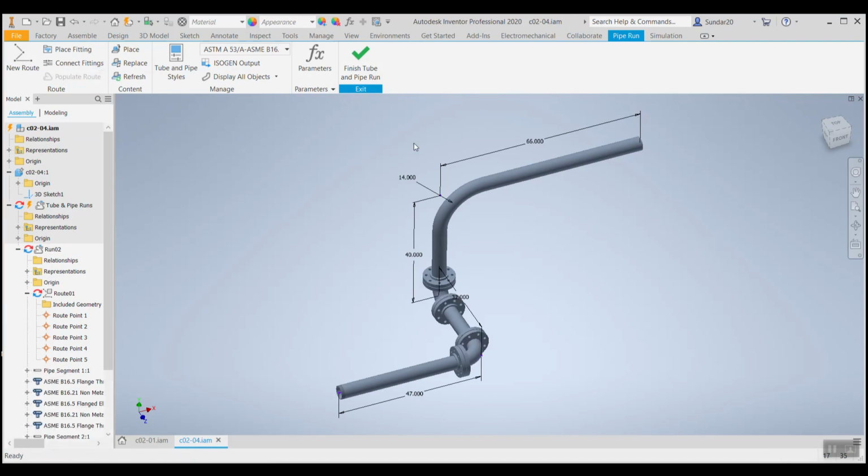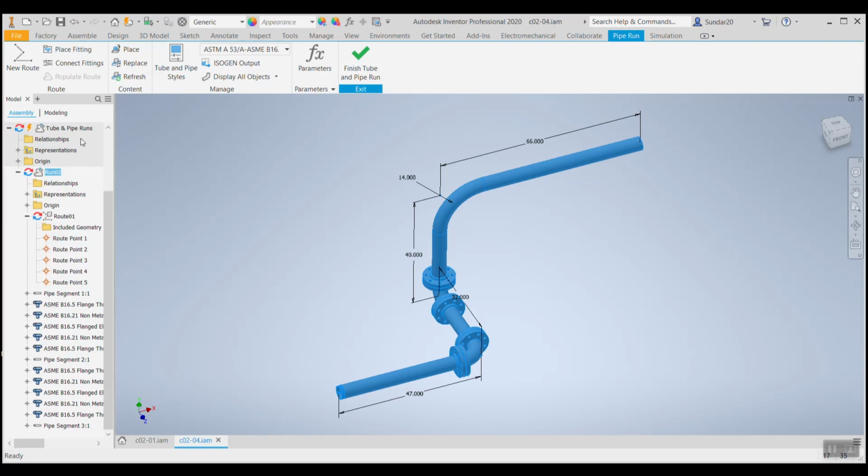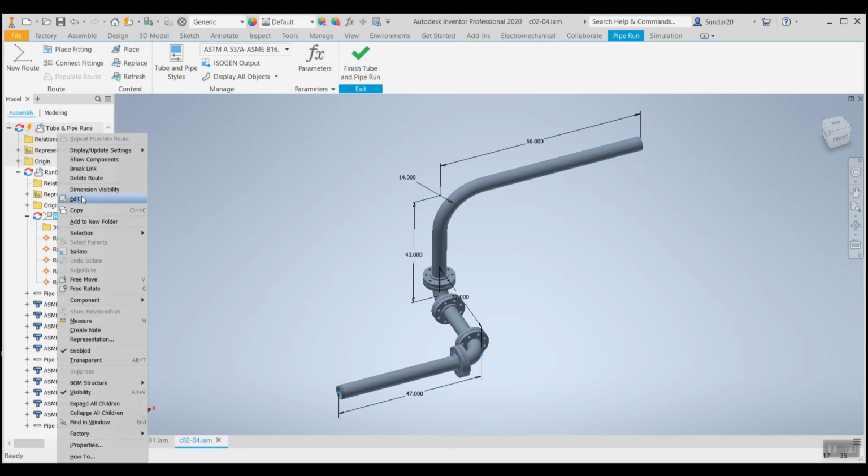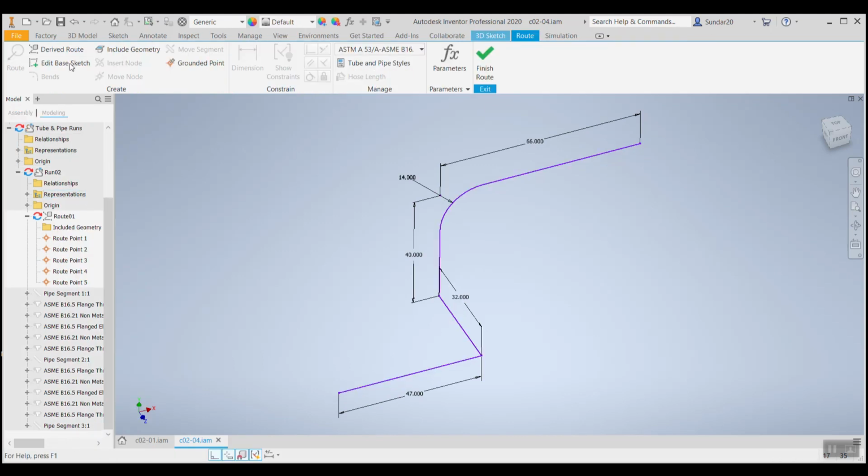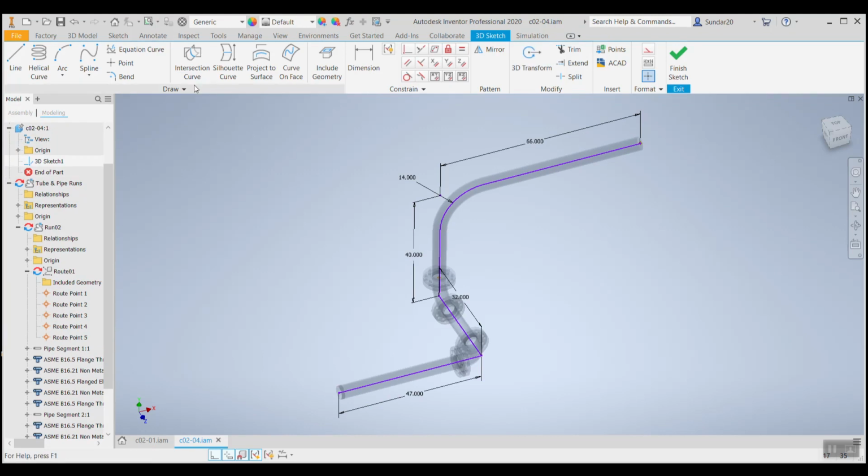So you can see it has populated all the fittings, pipes and fittings. And the beauty of this option is we have created a sketch, and since it is parametric, the pipes and fittings which we have created also will be parametric. So now we get an option to edit the sketch actually. So I'll quickly go and edit the base sketch. So now the sketch is activated over here, and we can go over and reduce the dimension, change the dimensions.